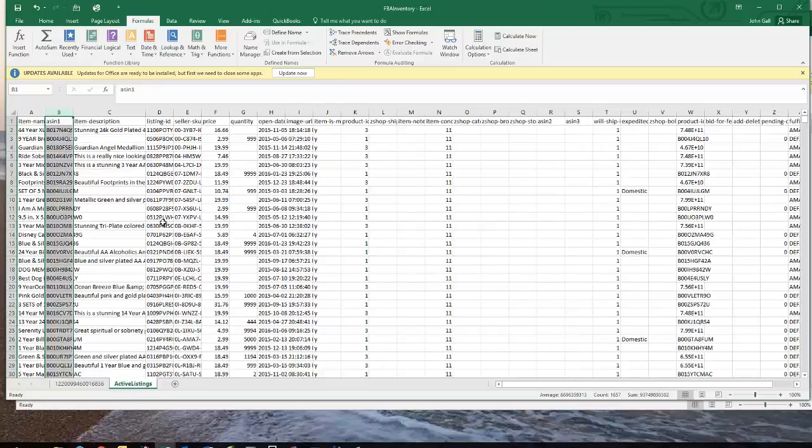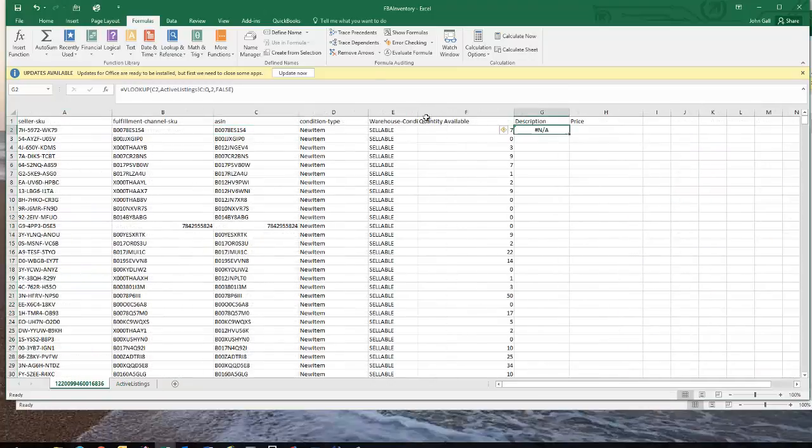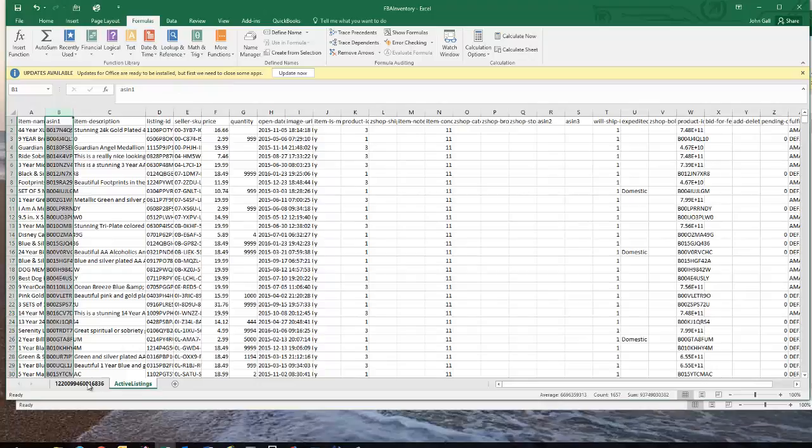Okay, well, keep looking here. So ASIN 1, B through Q. Is that what it says? C2. Ah, B through Q. Okay. Now this is interesting. It gave me a description of 0 when I wanted the actual description. So column 2 must be off, because it found my ASIN, but it returned 0, which means